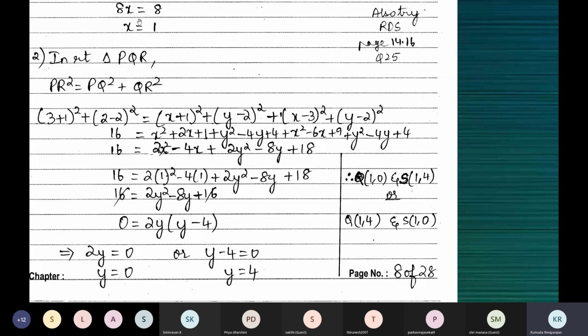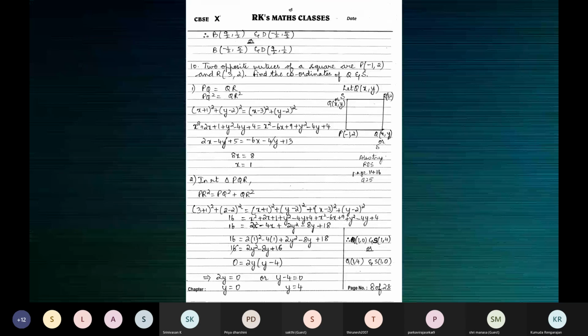Now what I'm trying to say is, here you're not getting a linear equation in x and y. You're getting the value of x straight away. That's the difference. So when you get the value of x straight away, substitute the value of x here, and you get the value of y. Children, let me show you the answer fully. This is what it is. Practice this.